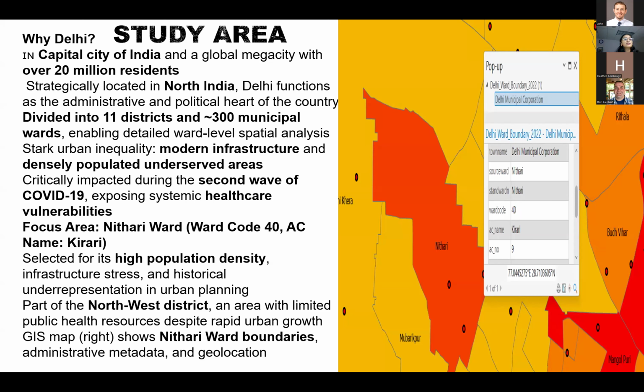I'm going to start with the study area. So Delhi is not just any city, it's a perfect case study. With a population of over 20 million, Delhi is one of the world's most populated urban centers, which is divided into 11 districts and about 300 wards, each with very different living conditions. Some have access to modern hospitals and infrastructure, and others are informal settlements with no proper sanitation, dense housing,